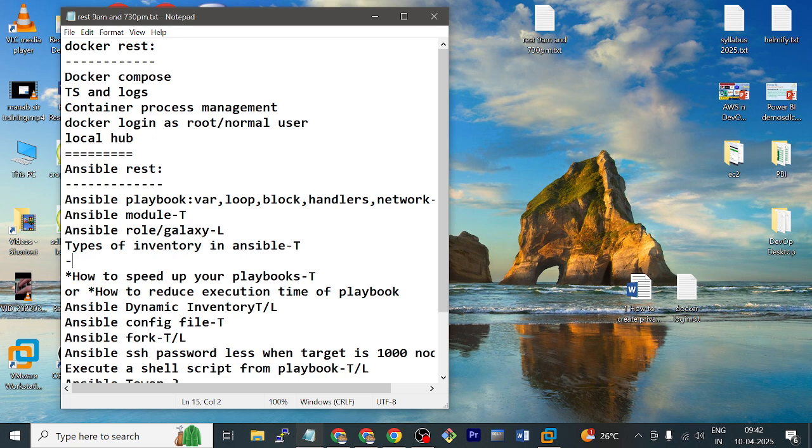Suppose 7 machines are running right now. You check and put their IP addresses. Suddenly 2 machines go down. When the Ansible playbook executes, it is going to show an error, not reachable. And 2 machines go down and 1 machine comes up again, and that IP address is not here. So dynamically we have to know the IP addresses of the target hosts. How is it possible? Through Ansible